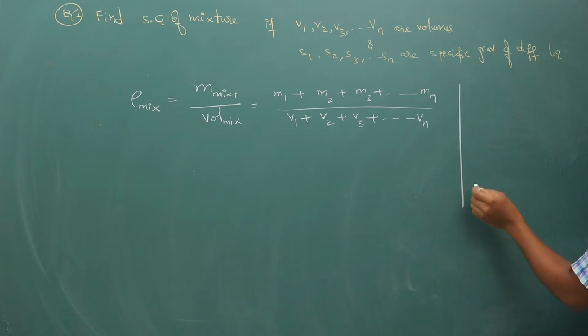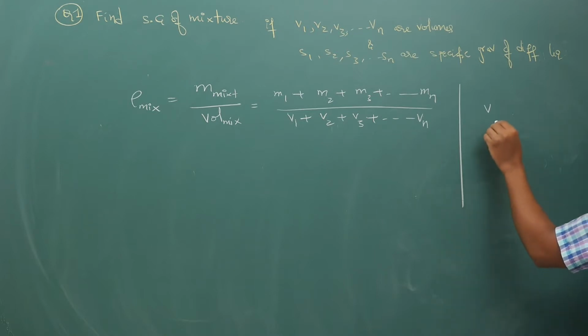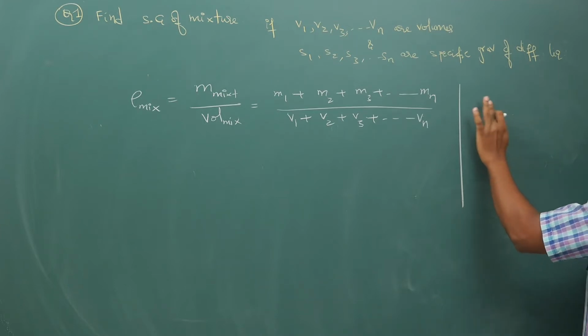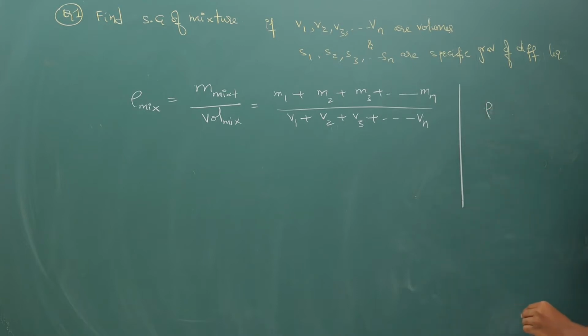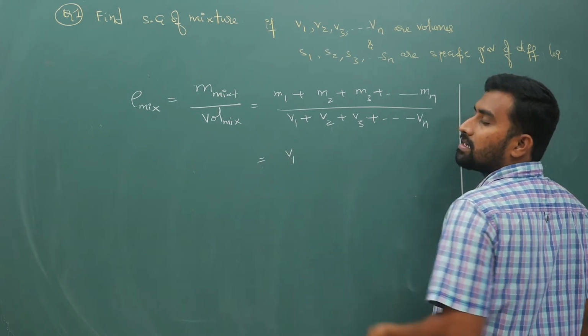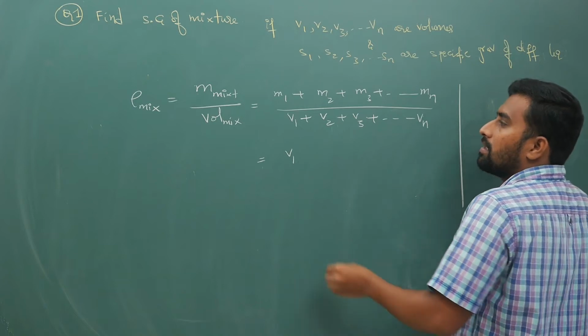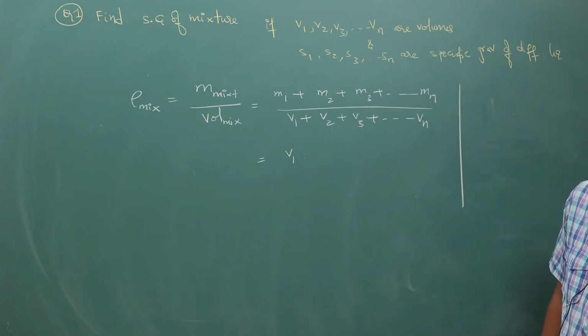First we have to take density of substance. Density of substance is not given, so your mass is volume times density. So you are going to get V1 times density of the same liquid. Is it mentioned in the equation?